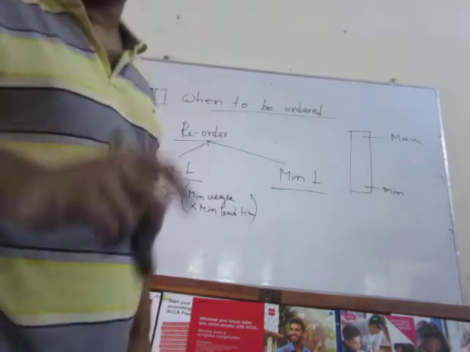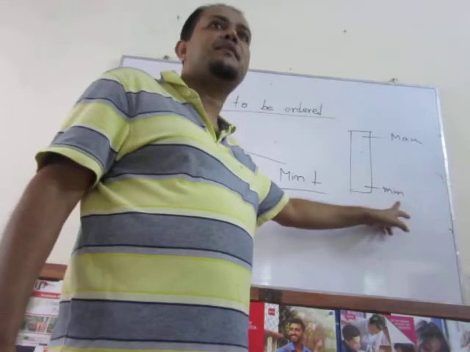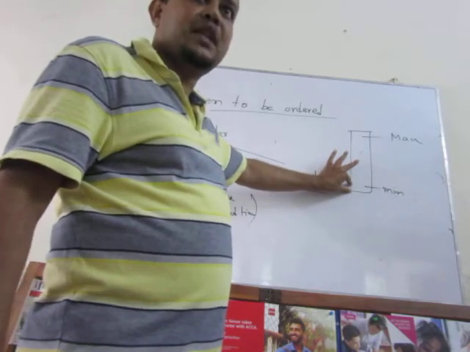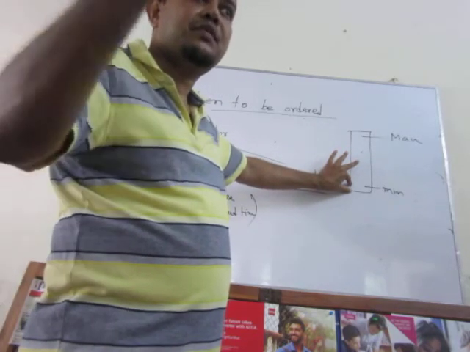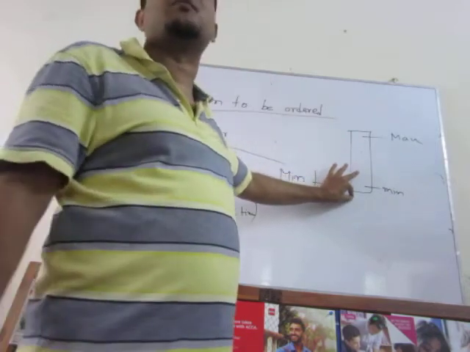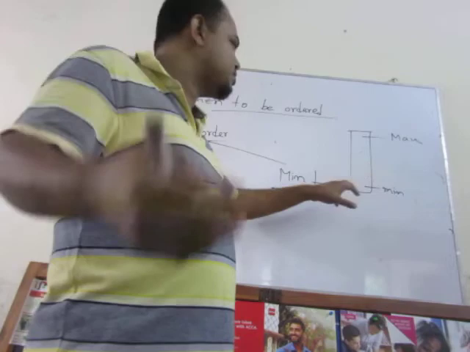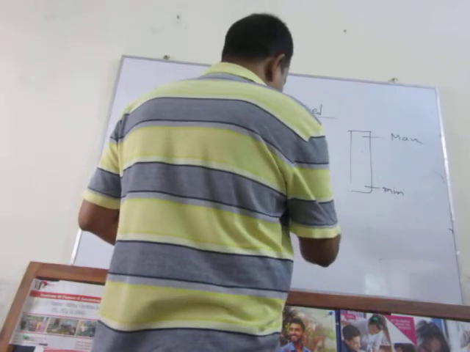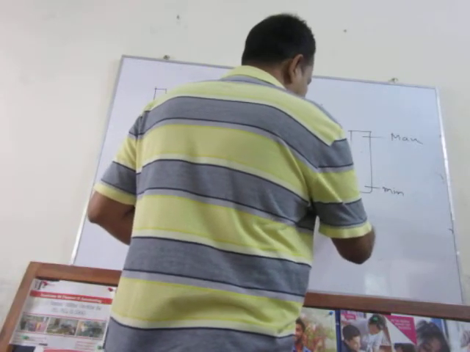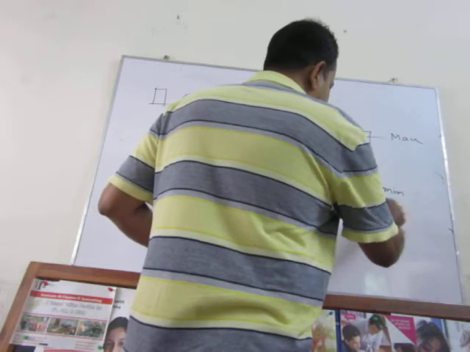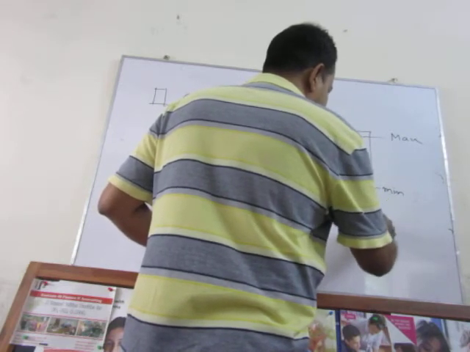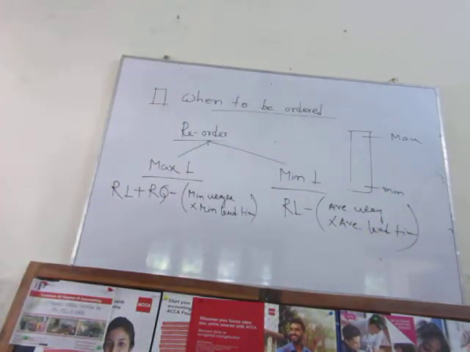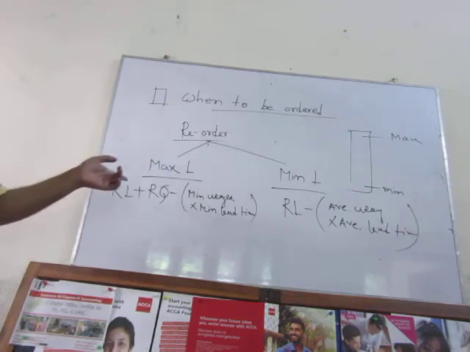Okay, I will say when it stops. Yes, this is finished. Minimum level. Minimum level is also a threshold level for the management. If your warehousing stock remains or comes to minimum level, you have to make sure yourself immediate reshipment. Otherwise, there may be a possibility of stock out. Stock will run out. Stock out. In that case, your production process halted. So how can you calculate that? That is reorder level minus average uses into average lead time. So these are the two different reorder levels. One is max and another is mean. Both are threshold level for the management.